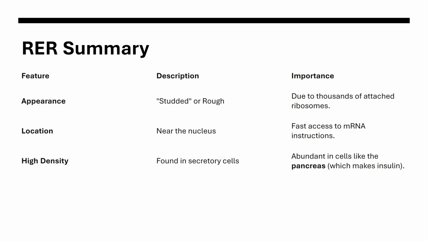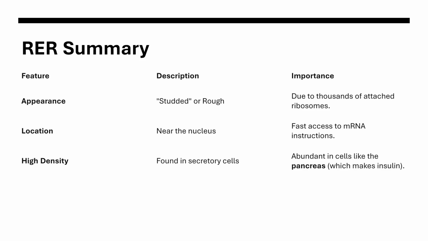Next is the location. It's always found huddled near the nucleus. This is all about speed and access. Since the instructions for building proteins come from the nucleus, the rough endoplasmic reticulum sits right at the exit door. This ensures the assembly lines get their orders immediately, with no time wasted traveling across the cell. Finally,